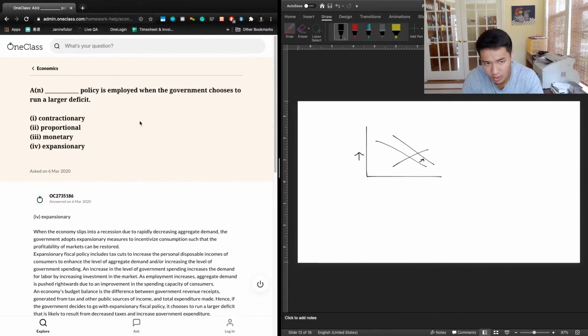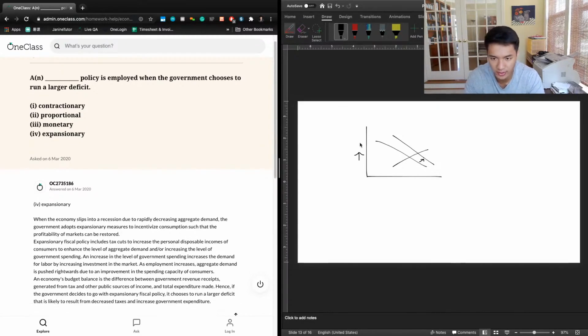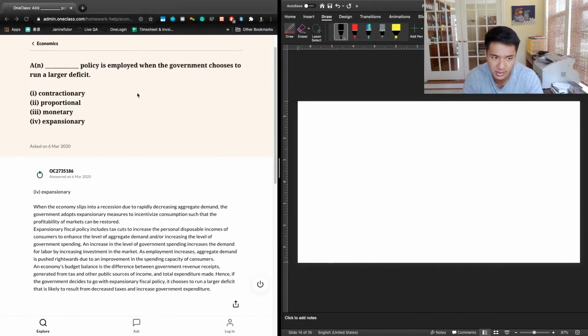And so an expansionary policy leads to a larger deficit in two ways. The first is that expansionary policy, if we were to increase government spending, first let's define deficit. A deficit is given when total expenditure is greater than total revenue, right? That's the government's total budget. And so when you spend more than you have, you run a deficit. So expenditure going up will also contribute to the deficit, and we know that when you employ expansionary policy, the government's going to increase spending likely, and that increase in spending means increased government expenditure, and that causes a larger